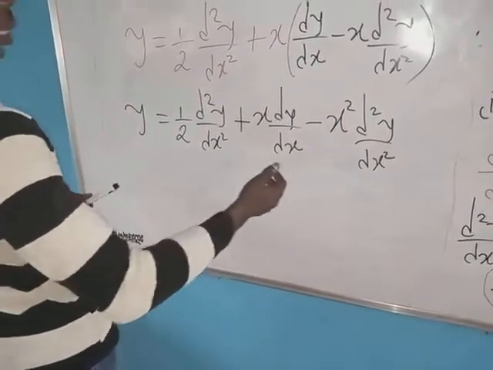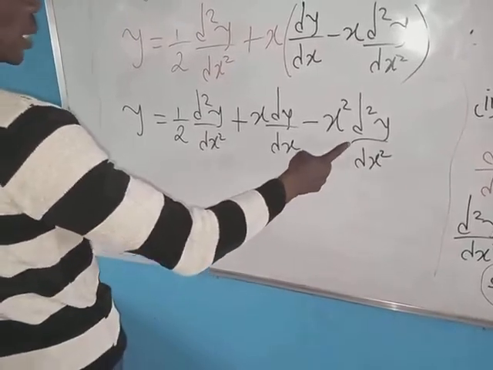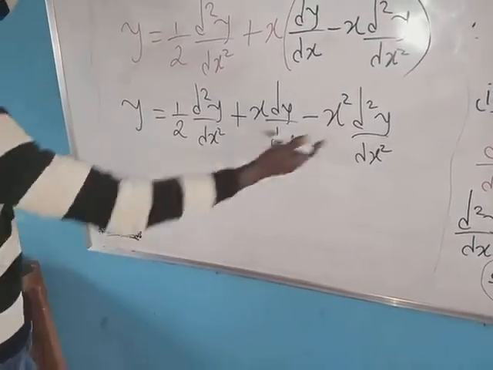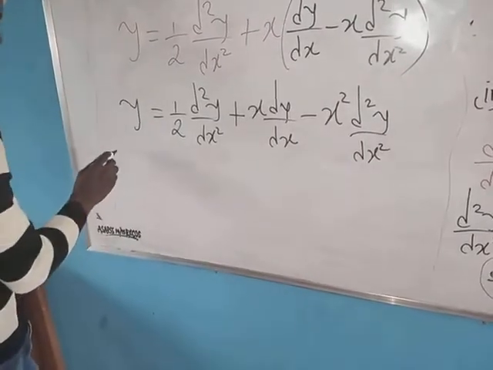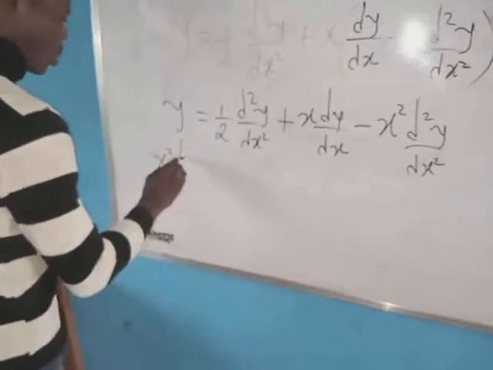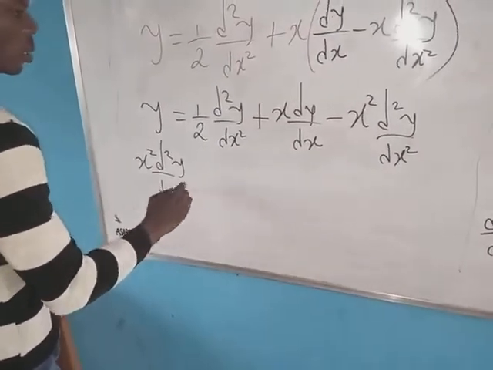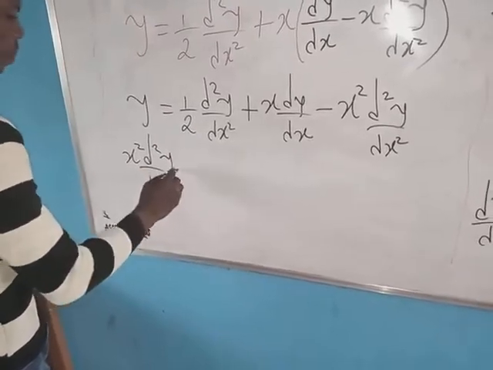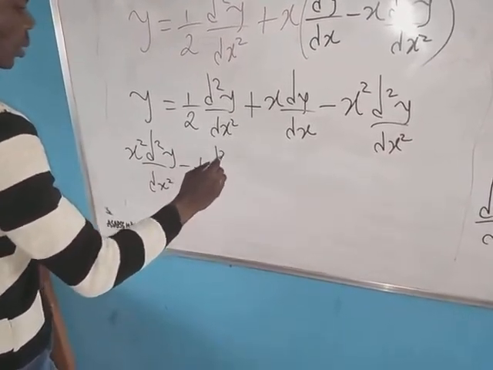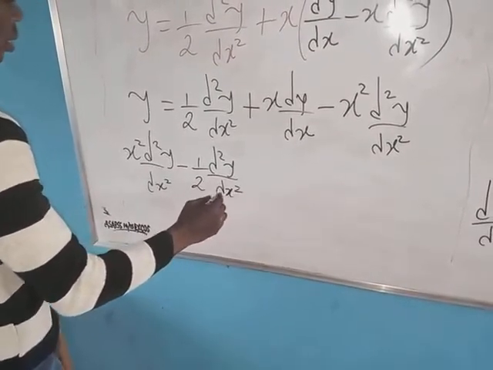No. Let's rearrange this. When we rearrange this, we see that this and this. So let's rearrange. So let this come here. It will be x squared d squared y by dx squared, followed by this minus 1 over 2 d squared y by dx squared x squared, then